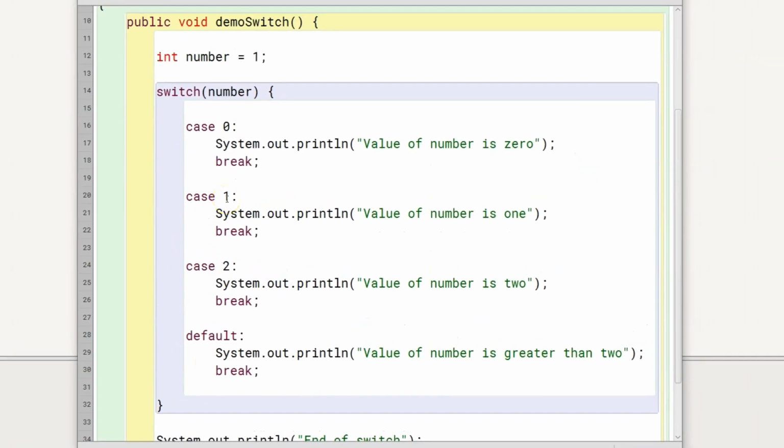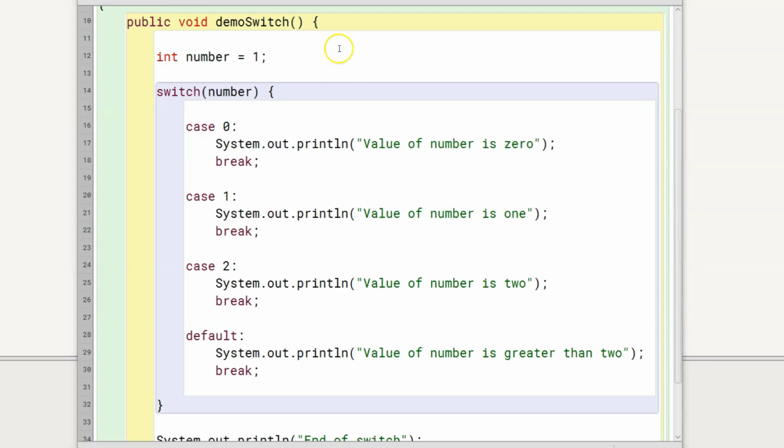Second is that case values should be constant expressions. What this means is the case values can be literals of the same type as the expressions in the switch statement. Here, the case values are integer literals 0, 1, 2. They can also be constants declared using the final keyword of the same type as the expression in the switch statement.